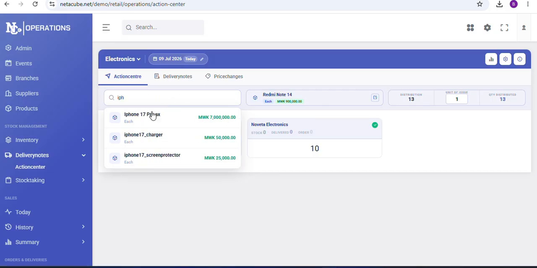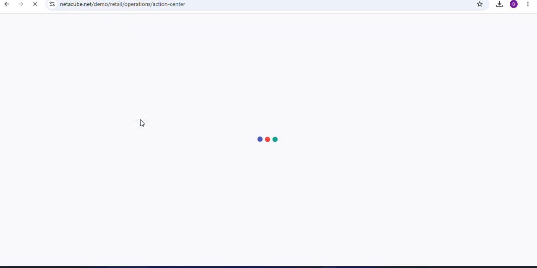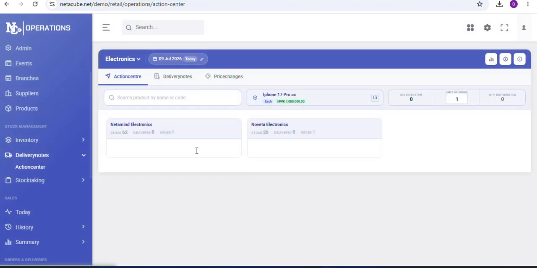iPhone Pro Max, 17 Pro Max. Here we give maybe 6, maybe we give 15. So you keep doing that. Once you are done,